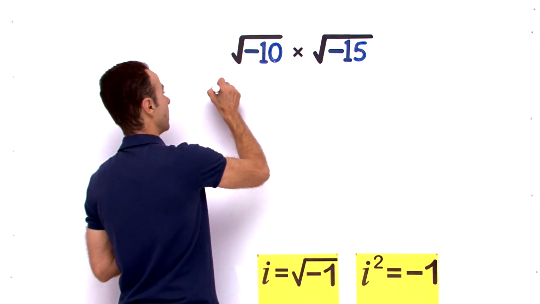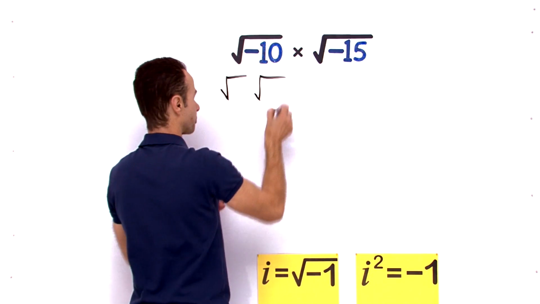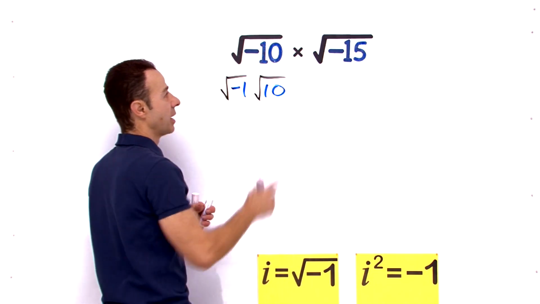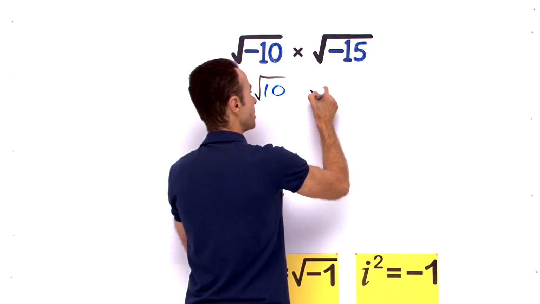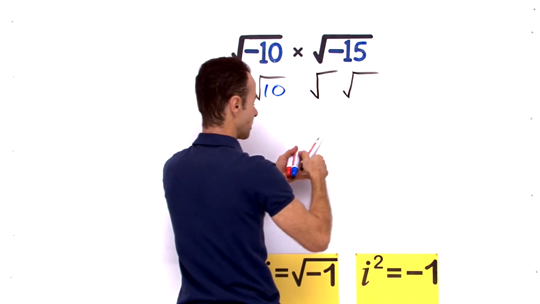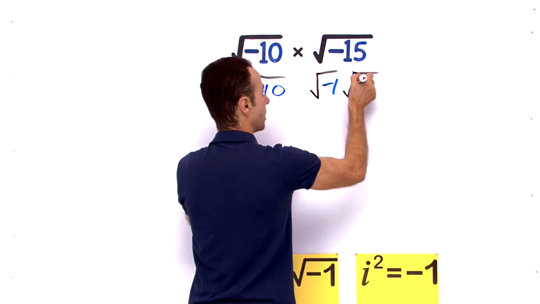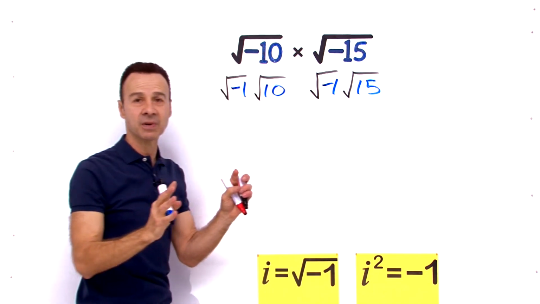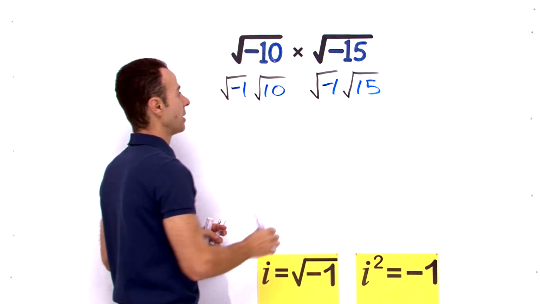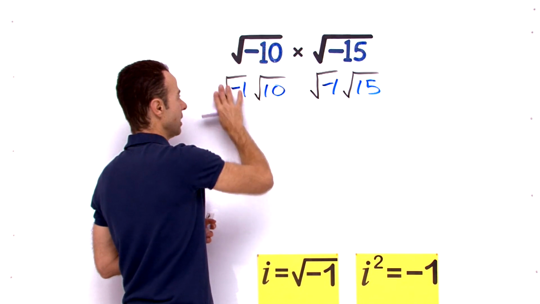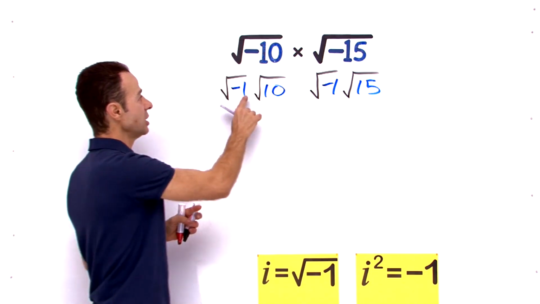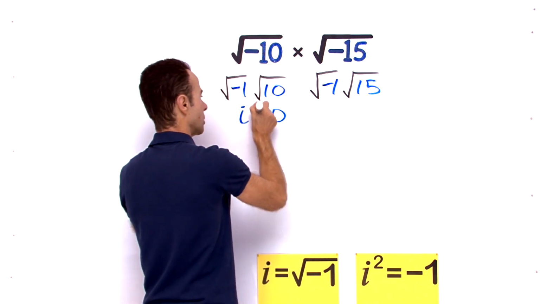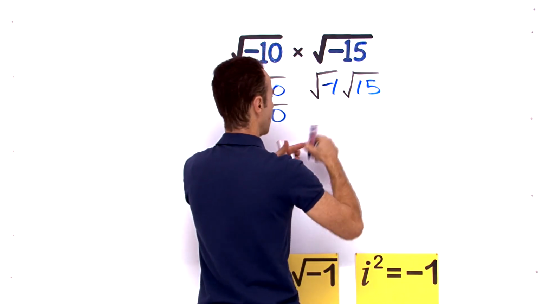The square root of negative 10 is the same as saying the square root of negative 1 times the square root of 10. And over here with the 15, it's the same as breaking it up into two houses and saying, well, we've got negative 1 times 15. So now what's under the house here and here is positive, so we can work with that. And here on the left, we can replace that with the imaginary unit i. So this becomes i square root 10, and this becomes i